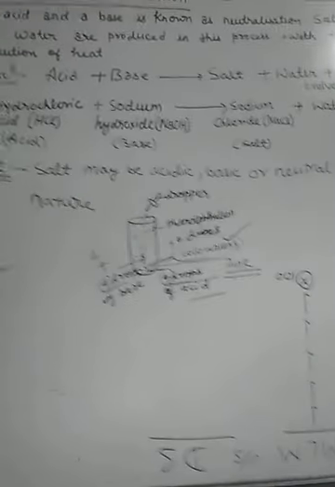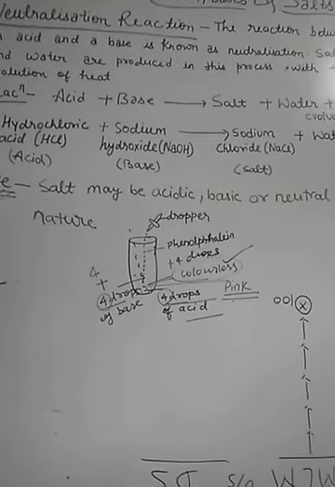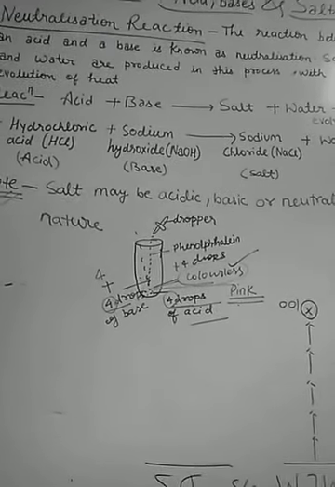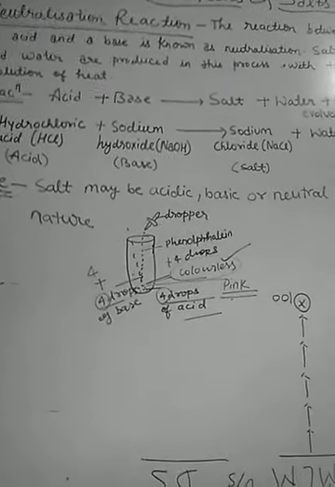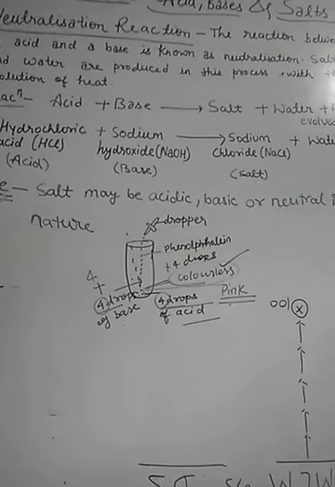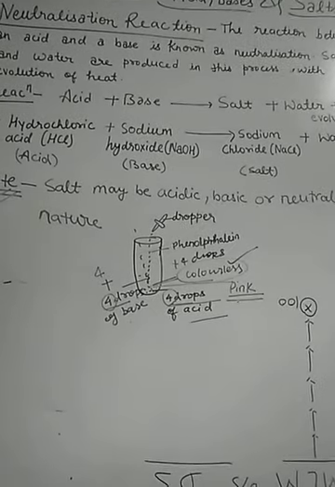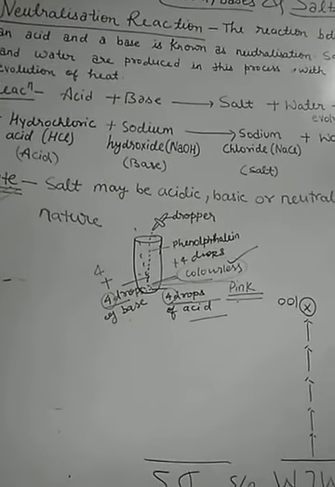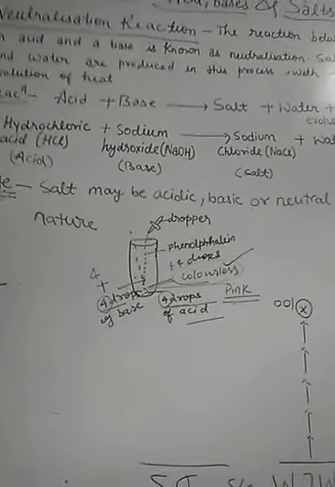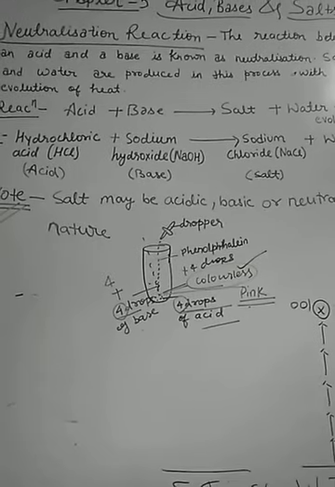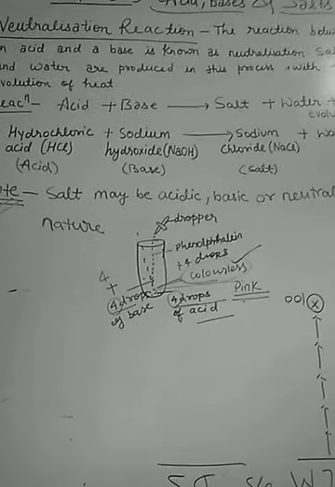So children, with the help of this activity, I only want to explain that when an acidic solution is mixed with a basic solution, both solutions neutralize the effect of each other. And when an acid solution and a base solution are mixed in a suitable amount, both the acidic nature of the acid and the basic nature of the base are destroyed. Means the resulting solution is neither acidic nor basic. Then what is its nature?